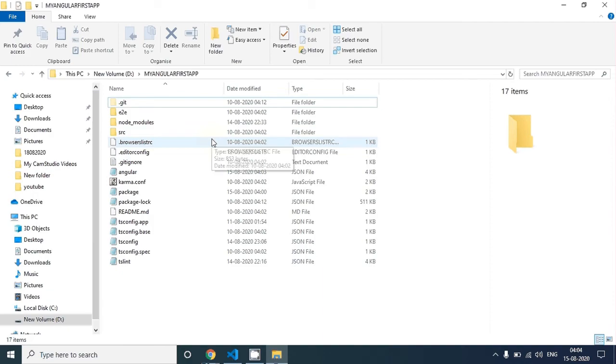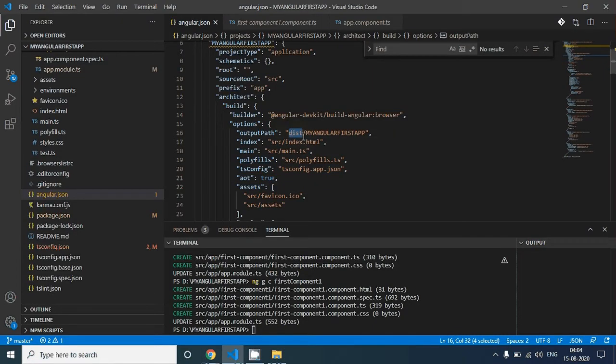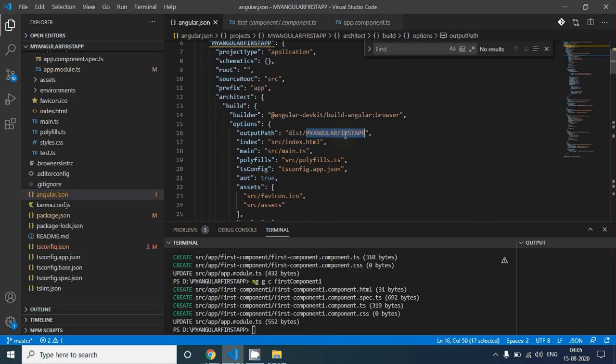If you see here, we don't have any folder with dist/my first Angular. So what happens when we do a production build, it will create a dist file here, and inside that, all the compiled files, all the files that we need to deploy at production will be stored here.